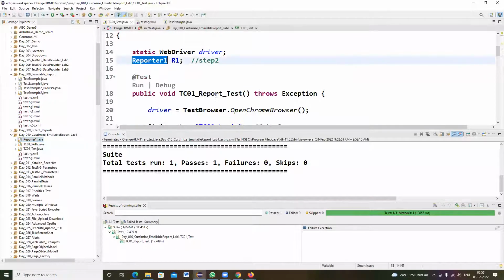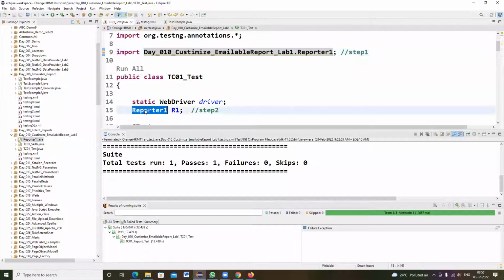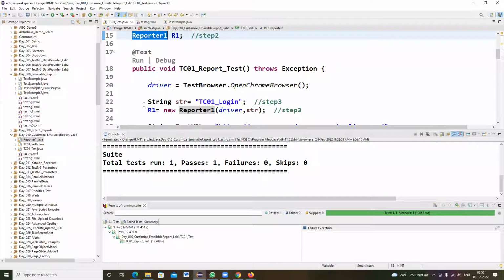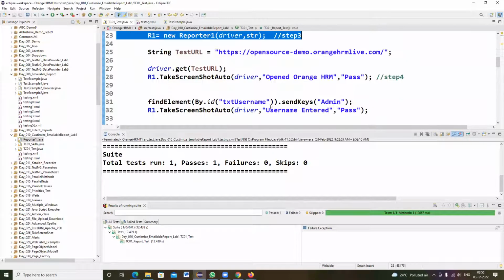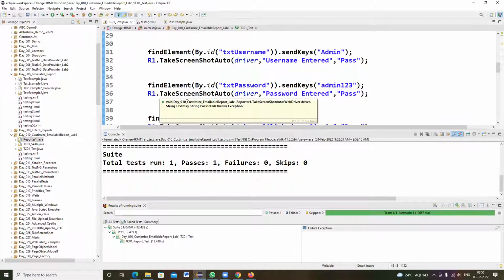Okay. So this is the Reporter1 class I have imported, and I have declared it just like WebDriver, and I created an object here. And after that, I'm writing log statements like this. So my reporting part was generated with the required screenshots and everything. Understood, right? So whenever the client is asking, if you are sharing the reports with the screenshot evidences also, it will prove that your test has been executed successfully.